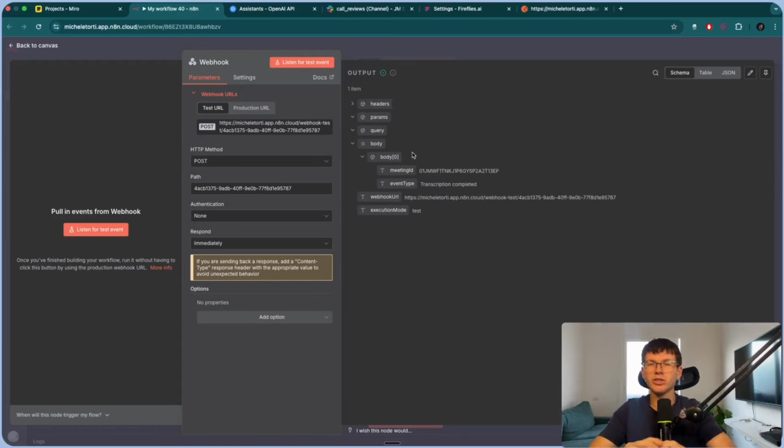So again, if this looks a bit complicated, just understand that we're not able to test this. Okay, I have to be on a call. So we're using Postman API to send a sample request here. And this is exactly what we would get every single time when the call finishes. So it's purely just for testing. As in when we go live, we don't use Postman API, we just use the webhook from the Fireflies.